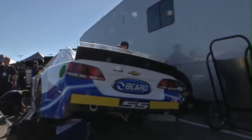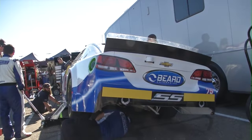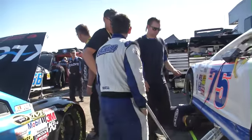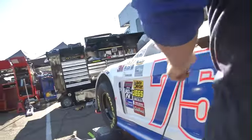Right next door, trying to make their first race as a team together, Beard Enterprises, Beard Motorsports, and their driver, Clay Rogers, right here. And here is Clay Rogers. And you know what? Since this number 75 right here